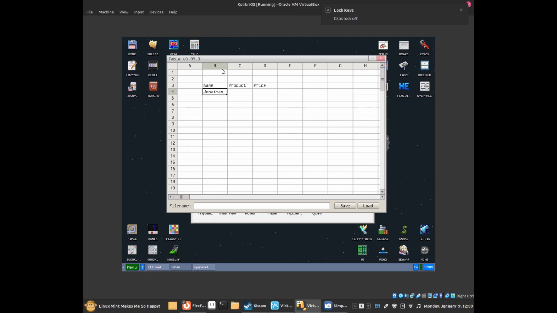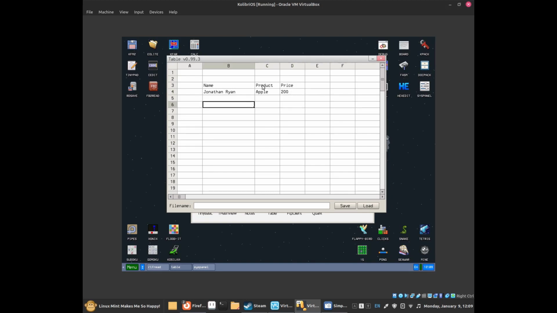Press on the Enter key to submit it, and you can make cell be bigger by just dragging it like this with the mouse. Okay, so once I made it bigger, I can now see the data a lot better. I'm going to go to product, and now I'm going to give him a product that he has bought. So I'm going to give him an apple. So for one apple I can buy, which is actually the fruit apple, then I will charge him around $200